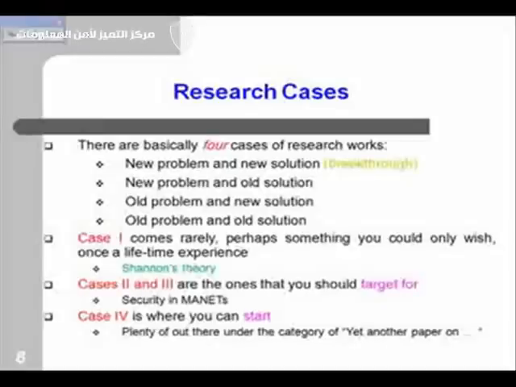Like Shannon's theory. It's a new problem: I am going to propose an information theory model for computing and communications, and I am giving the new solution of entropy for that. So it's a new problem and a new solution for that. But it's a breakthrough and it's rare. Case 1 comes rarely, perhaps something you could only wish for once in your life. It's like, for example, Shannon's theory. He gave his theory in 1949. Maybe some people from an electrical engineering background have read that paper. You must read that paper. Without reading that